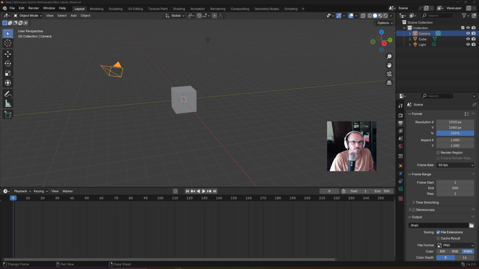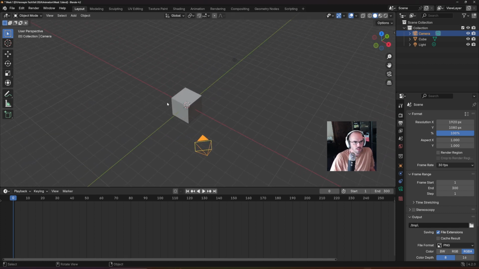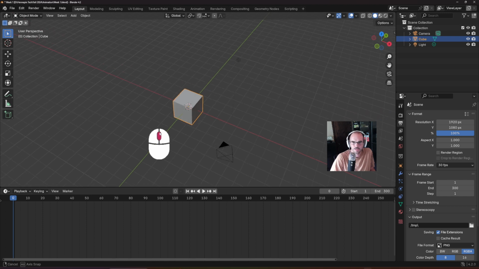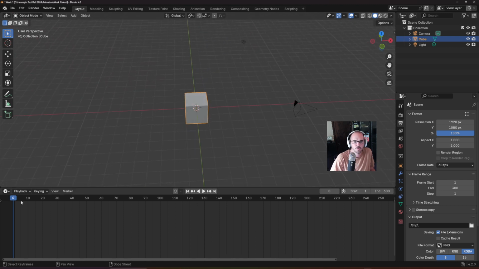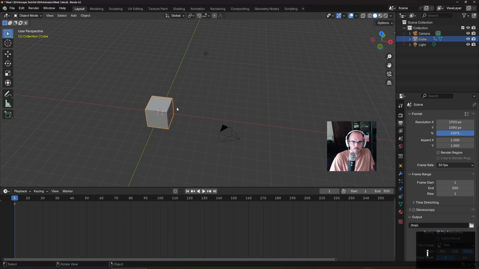Whoa, excuse me. All right, where were we? Adding keyframes. So let's just animate our cube a little bit. If you left click on the cube, the keyboard shortcut to add a keyframe, and I'm actually going to go to frame 1 on my timeline here, is I for insert keyframe. So if you tap I on your keyboard,